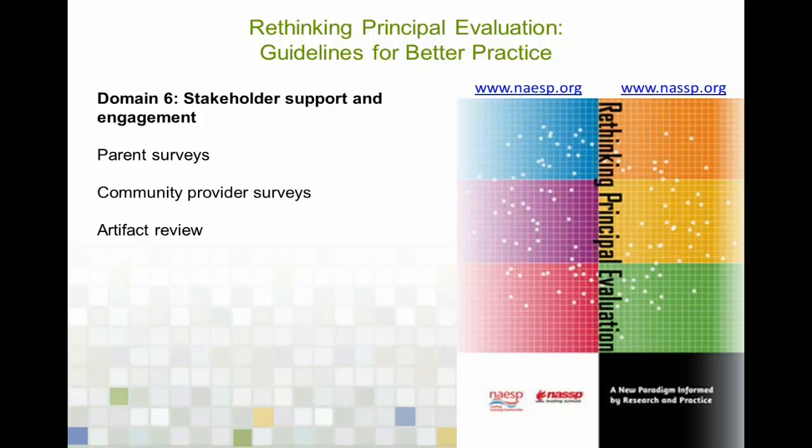Principals that go into very challenging situations to try to make a difference may need much more time to raise student achievement than principals that take a position at a school that is already successful, where there already is teacher empowerment and parent support. So looking at student achievement gains from year to year is important, but we also have to understand